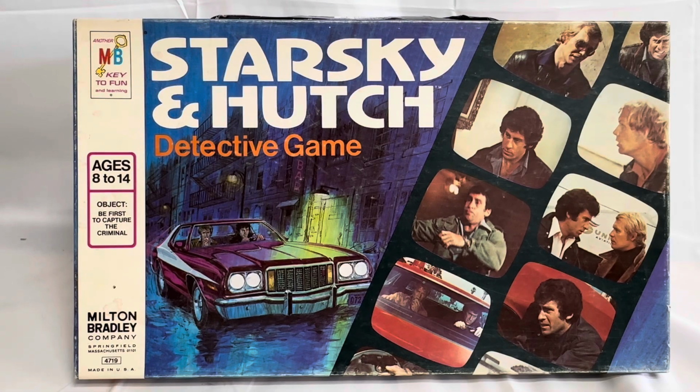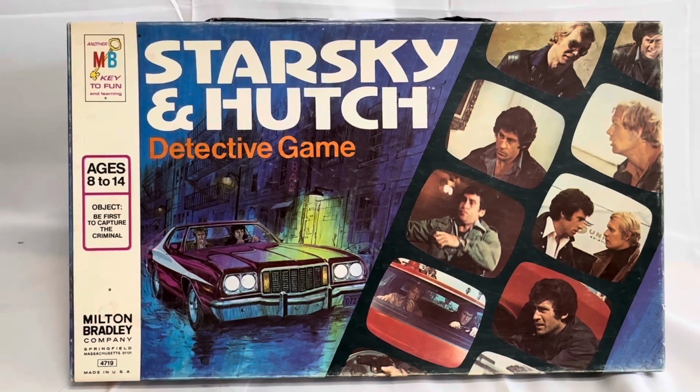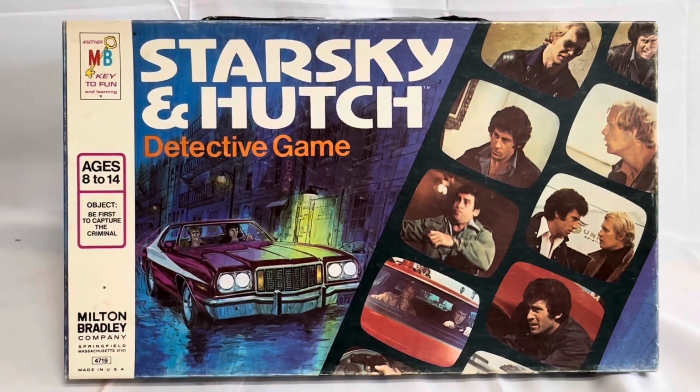And today, we're looking at something that's now quite old. It's very collectible and is becoming increasingly more difficult to find, especially in this near mint condition. We are looking at the 1977 release by Milton Bradley, MB Games, from their series of TV tie-in board games. And this particular game is the Starsky and Hutch detective game, and that is all based